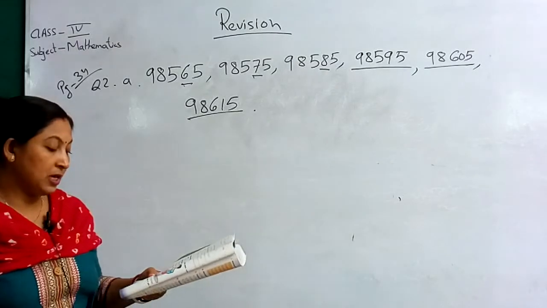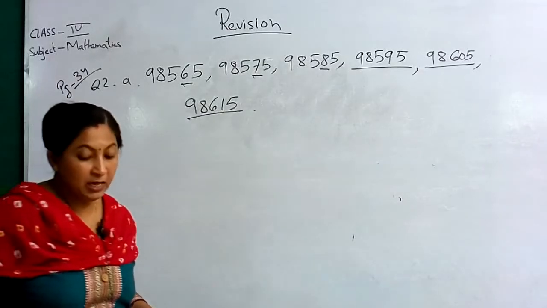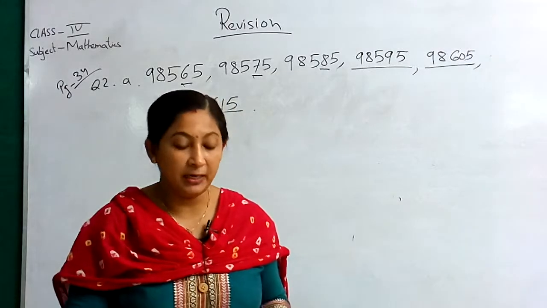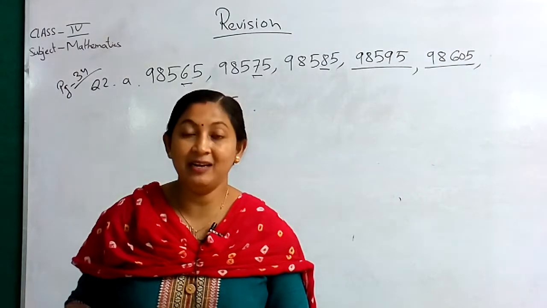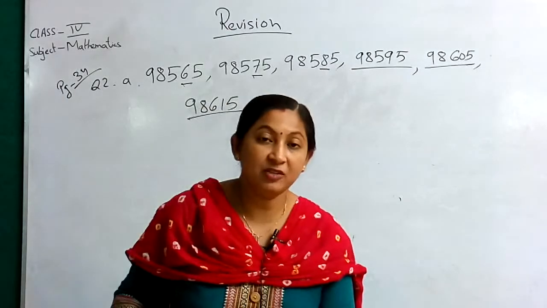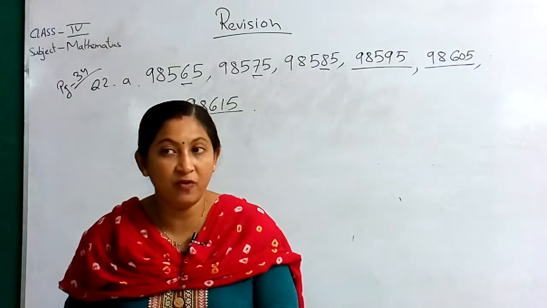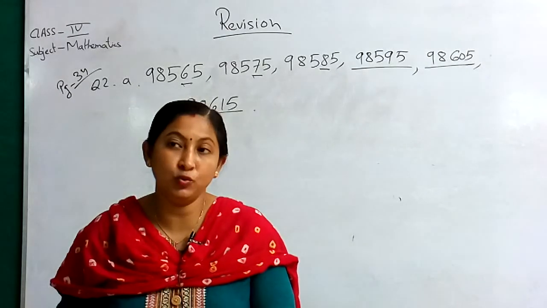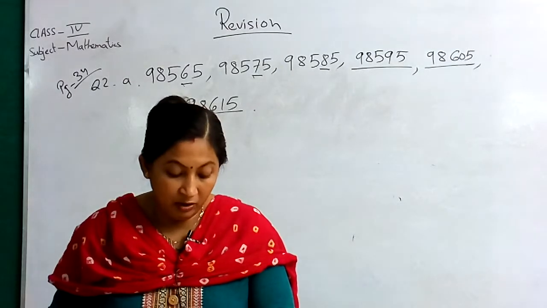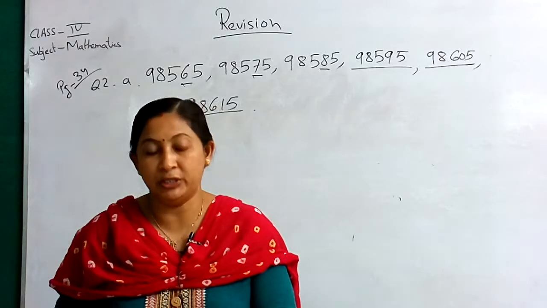Now the third question. Observe the periods and write the number names. That means just see where the commas are given, and according to that you write in the Indian system or in the international system. That means if after 3 digits the commas are given, then you will write in the international form. If after 3 then 2, 2, 2 is given, you will write in the Indian system. Clear? Now number 4, you have to write in words, and I think you all know to do it.